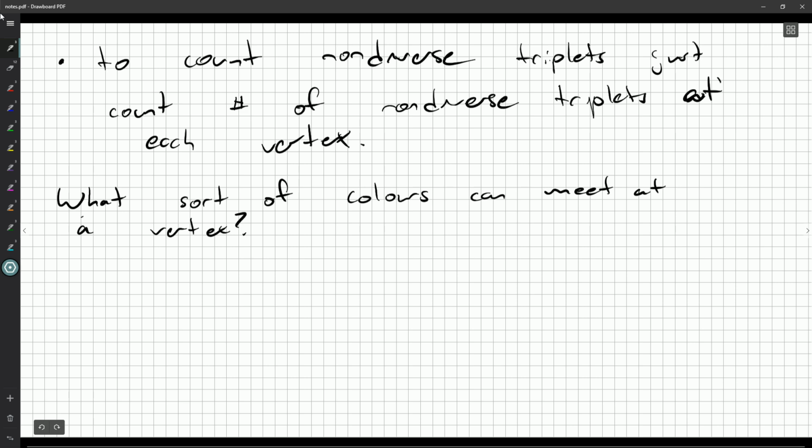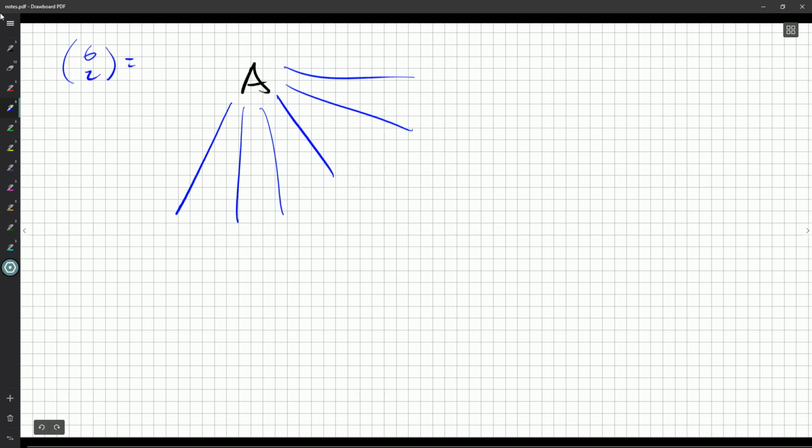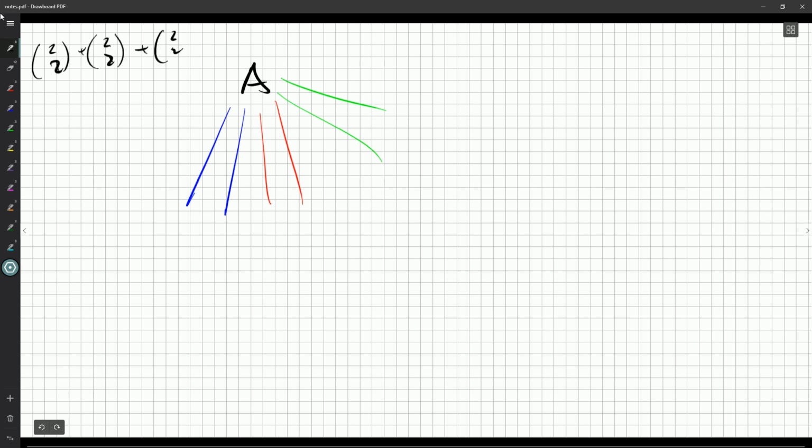But, all right, let's imagine A. What could we have? Well, we could have something silly like all the same color. But you're going to lose 6 choose 2, which is 6 times 5 over 2, so that's 15. We definitely don't want to do it. Actually, 4 is the one to beat. I know I can do 4. And that's with 3, 2, and 1. What if we did something like 2, 2, and 2? Because then you got 2 blues, 2 greens, 2 reds. That would mean I lose 3. Okay.